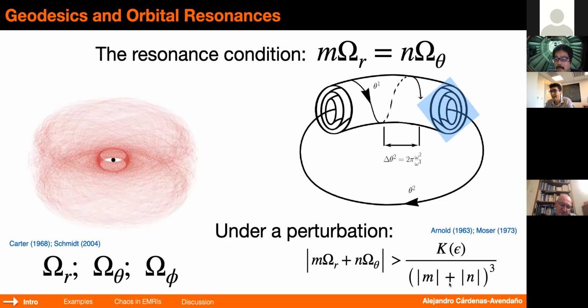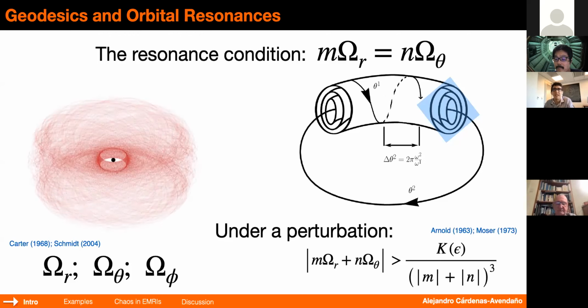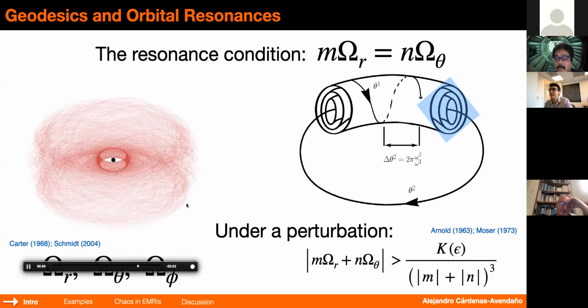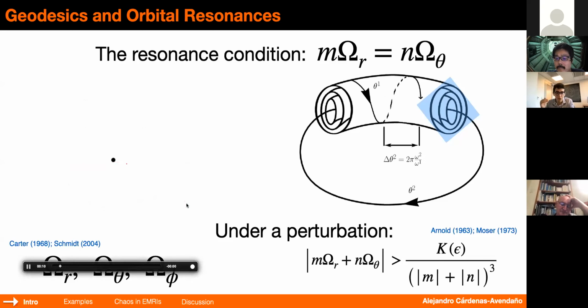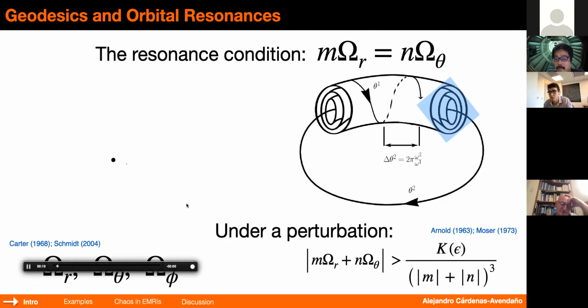So as you can see, there will be a hierarchy in this expression, meaning that the lower frequencies, the ones that have a low m and n as integers, are the ones that are going to break more easily. If you have these numbers very large, this number goes to 0, and then those are the ones that are difficult to break. Meaning that under a perturbation, we know that the low frequency ratios, like, I don't know, 1/2, 1/3, 2/3, are the most susceptible to being affected. And then in those locations, and in particular in those resonances, is where things might change.